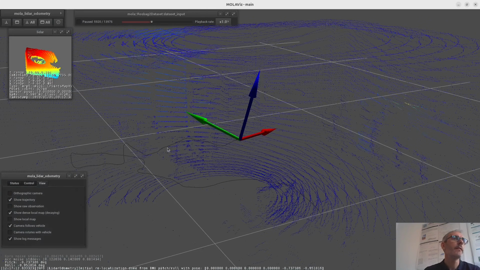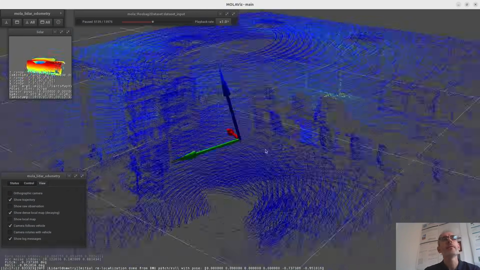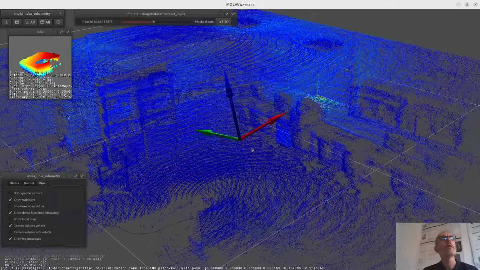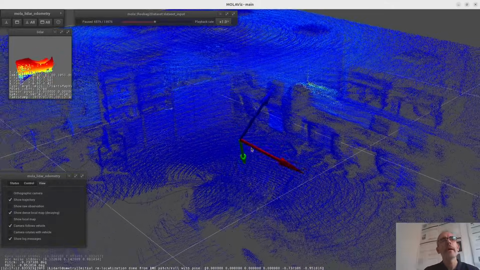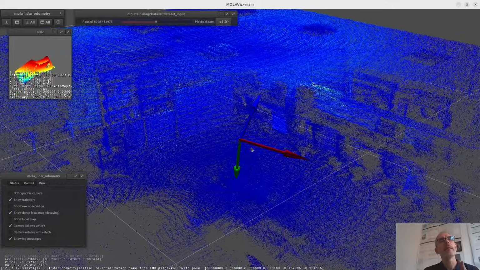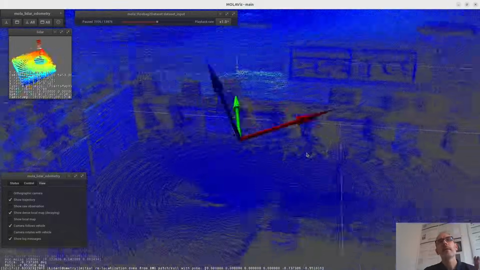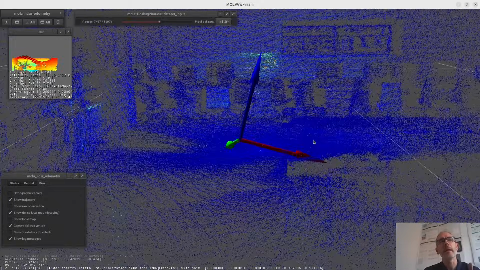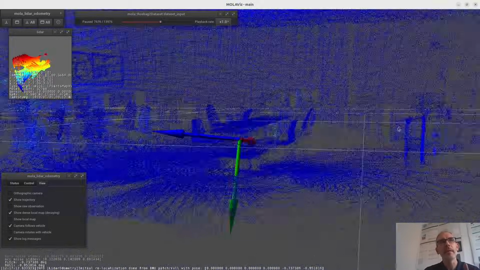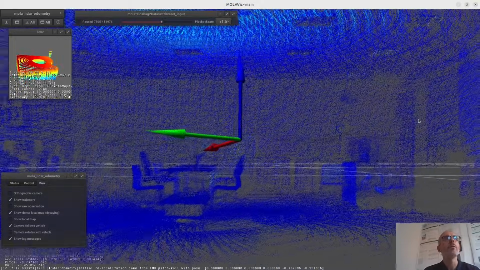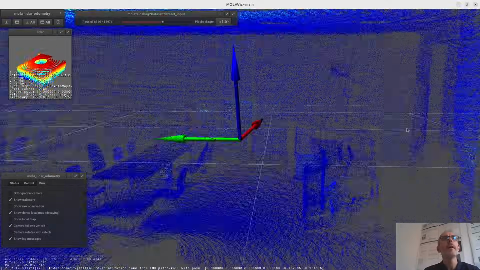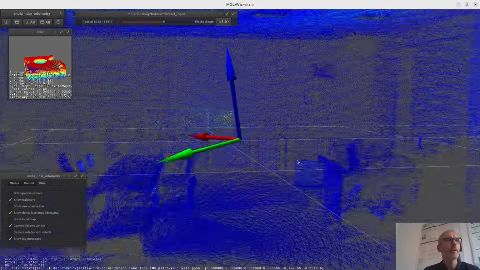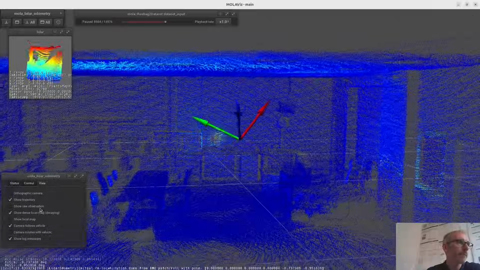You have the dense decaying clouds, which is like a sliding window of the last n clouds, motion compensated, and with the full density of the LiDAR, just the raw scans, the raw points. The coloring of that is by default using the intensity channel.